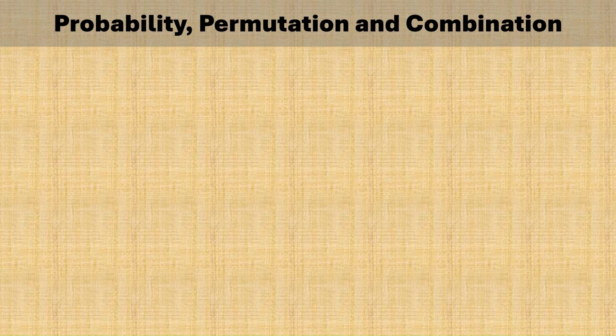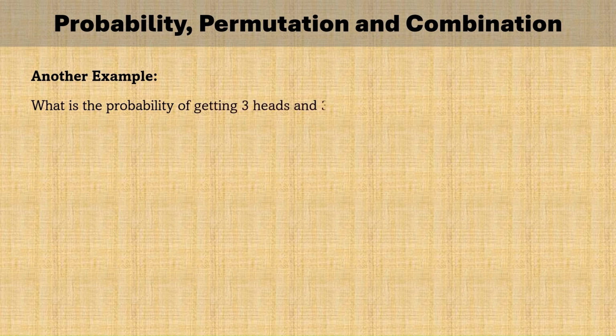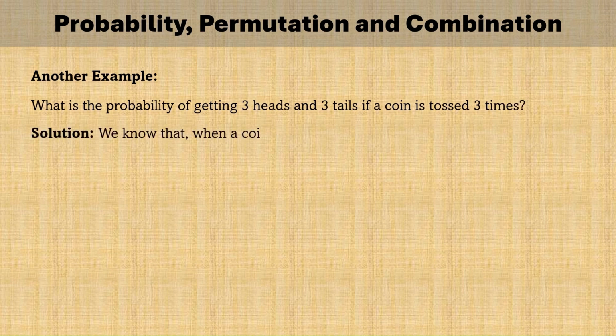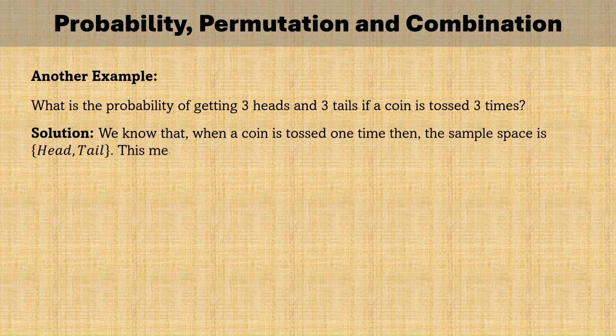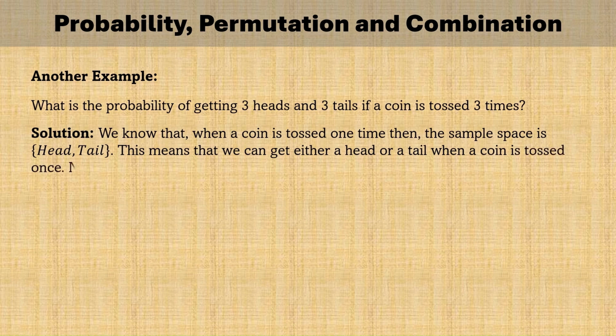The next example is: what is the probability of getting 3 heads and 3 tails if a coin is tossed 3 times? Solution: we know that when a coin is tossed 1 time, the sample space is head, tail. This means that we can get either a head or a tail when a coin is tossed once. Now, since the coin has been tossed 3 times, the total number of possible outcomes would be the following: